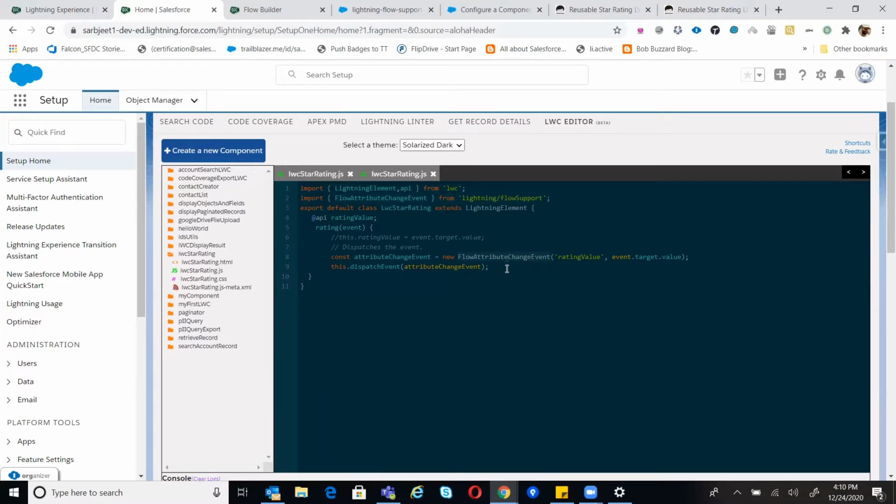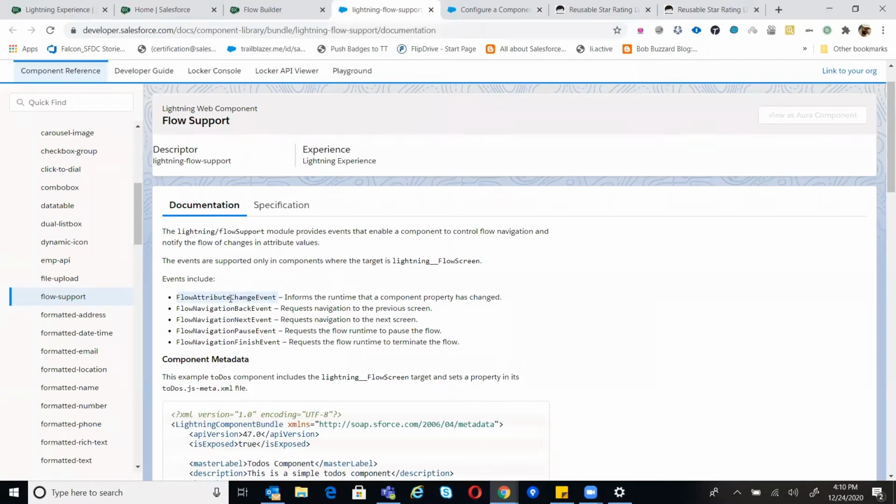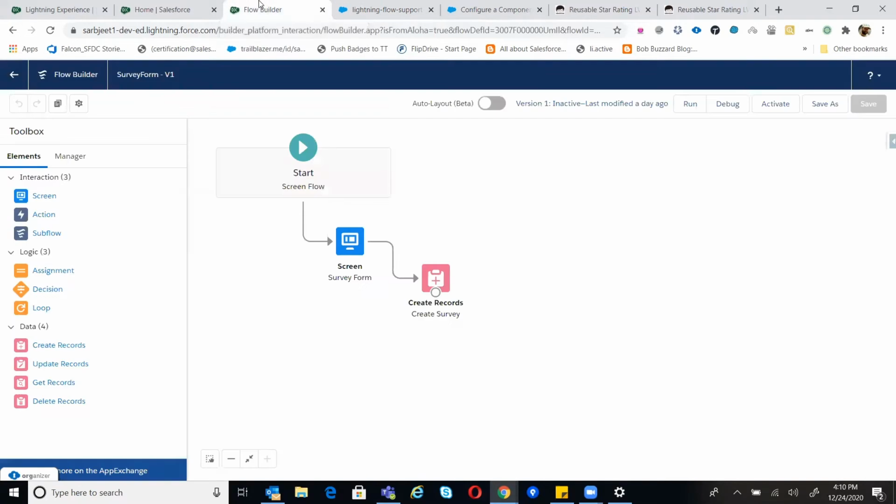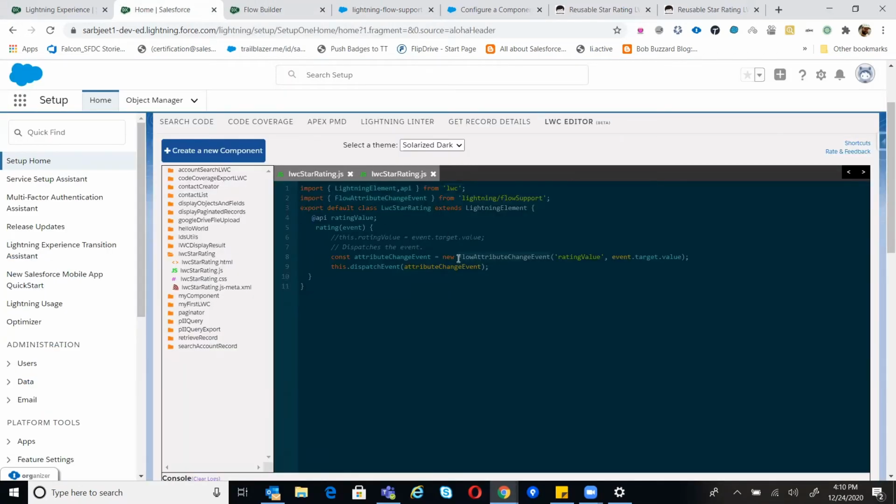We have multiple events for the flow. If you go to the Salesforce library, we have multiple flow events like attribute change, back event, next event. If you want to click back or next, we can use this type of event in the flow through the LWC component. So this is how we are passing the value of the star rating to the flow.